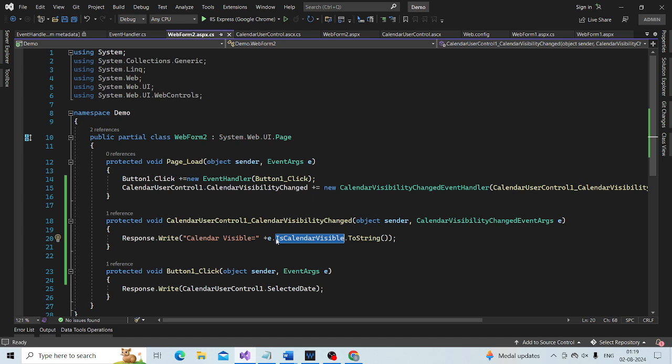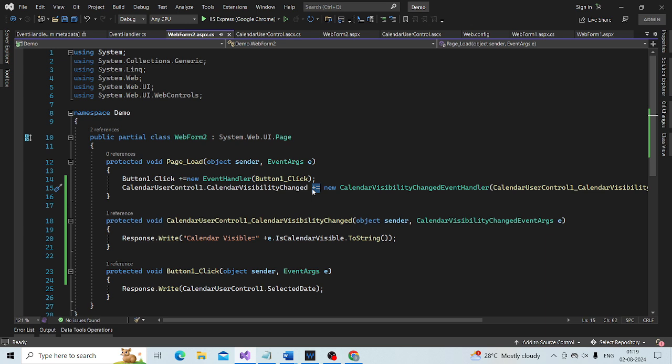To register an event handler method, we use plus equal, and to unregister that event handler, we use minus equal.